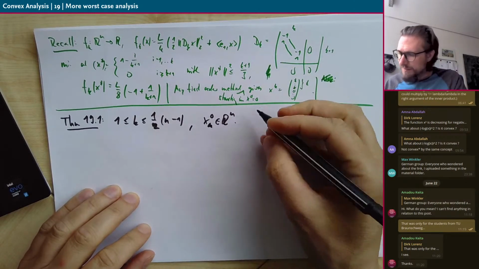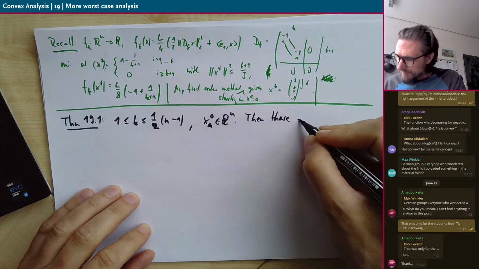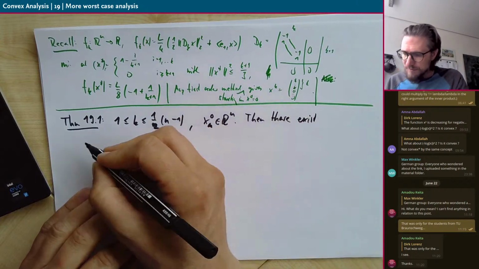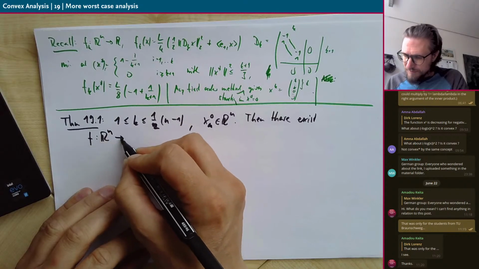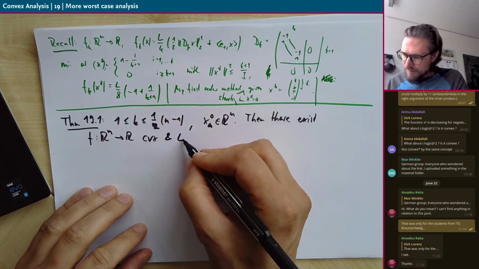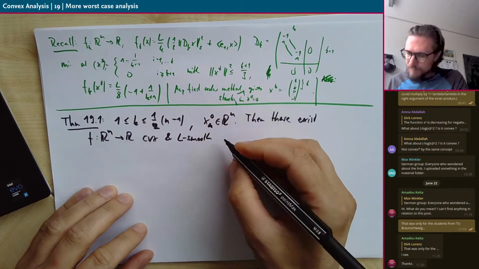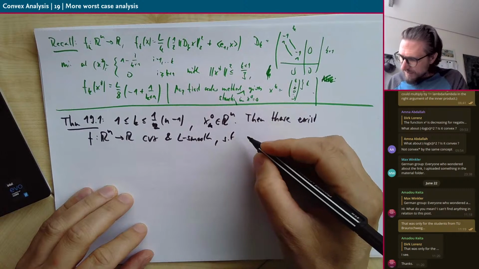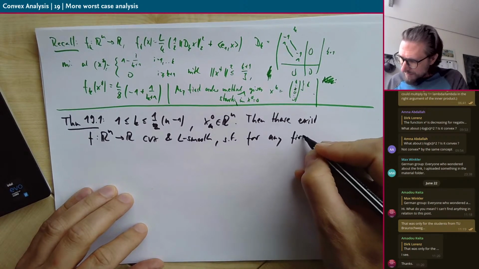And the claim is that there exists some f on R^n, convex and L-smooth,